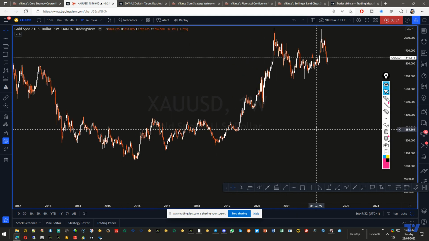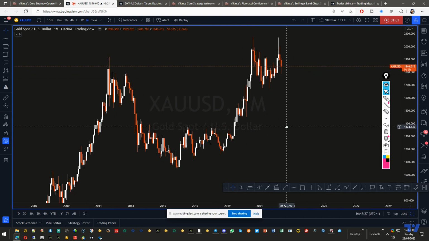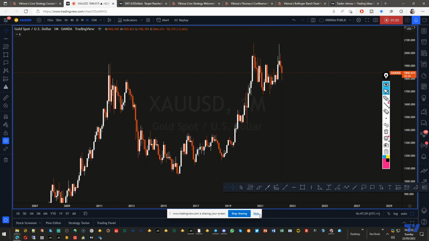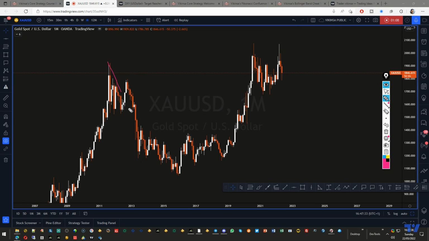Okay, so let's start with the higher time frame. What we have on gold. I have already mentioned it several times in the past that what we have on gold is actually something like this. We have a W pattern here, and then we have another W pattern here, and when a W pattern completes, the market falls down. That's why this has been falling. You can go and check out the previous analysis if you want to see what actually happened here, because this is where we were looking for short positions.